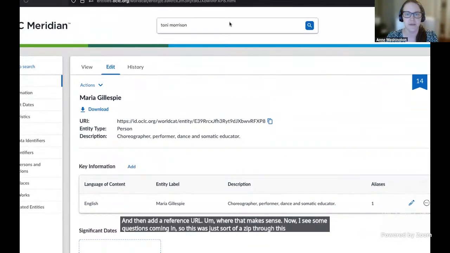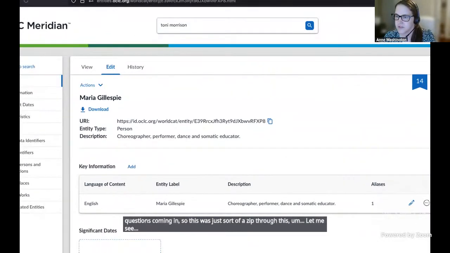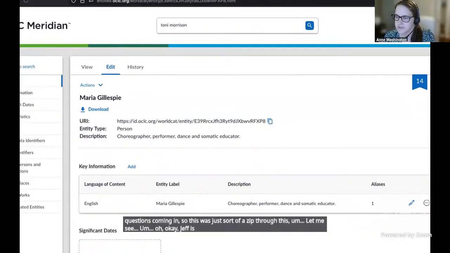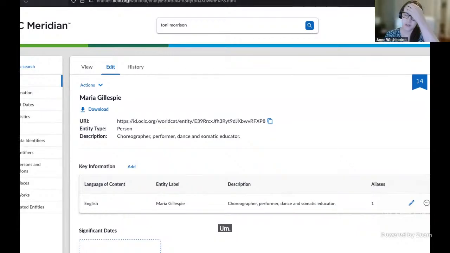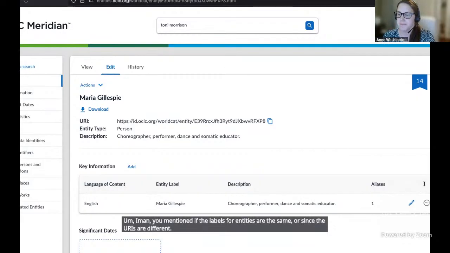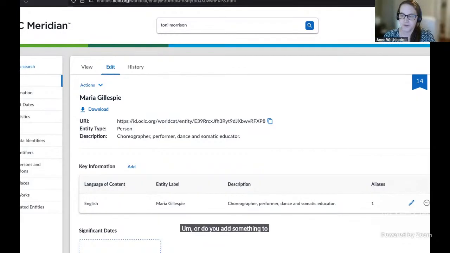Let me see. Oh, okay, Jeff is putting into here. We can probably answer that. Iman, you mentioned if the labels for entities are the same, since the URIs are different, do you add something to the label to differentiate?